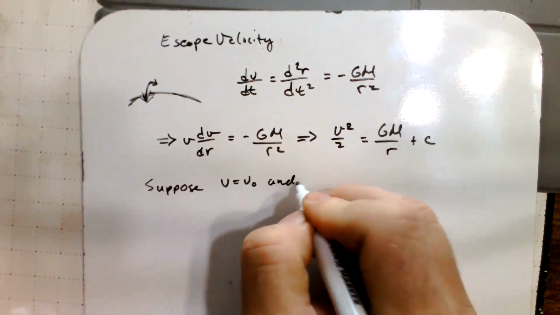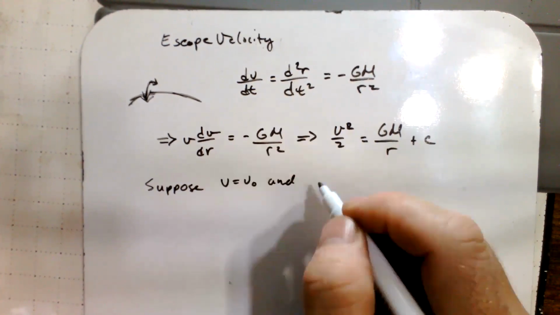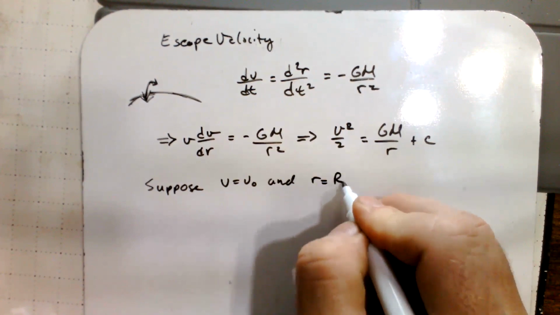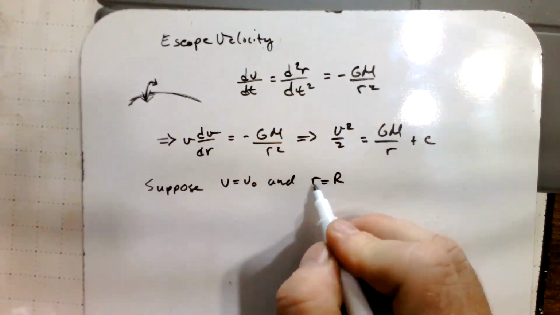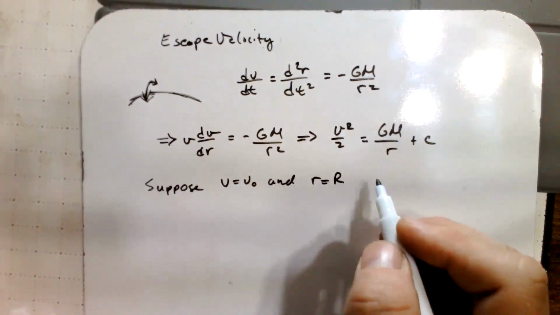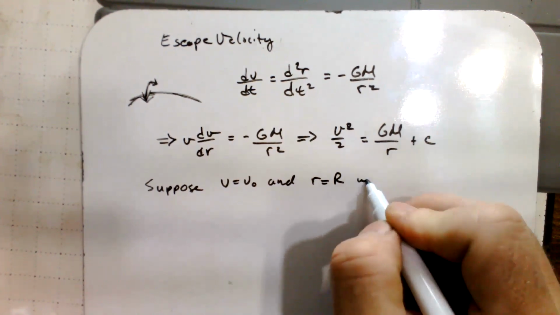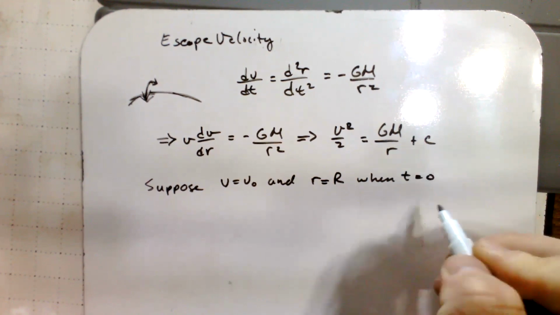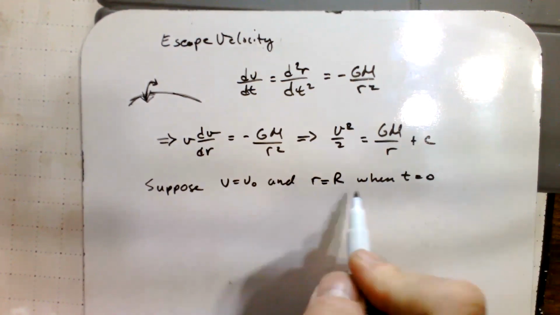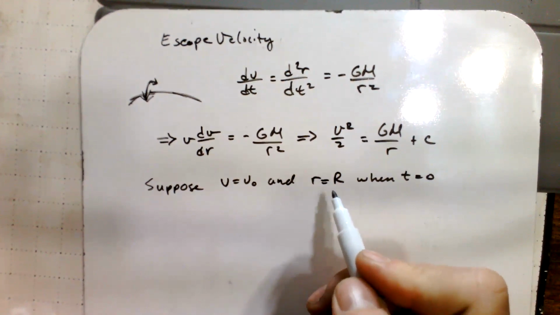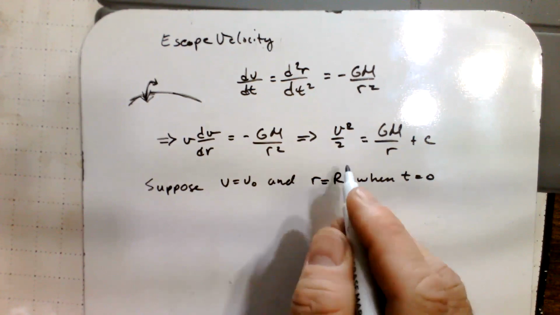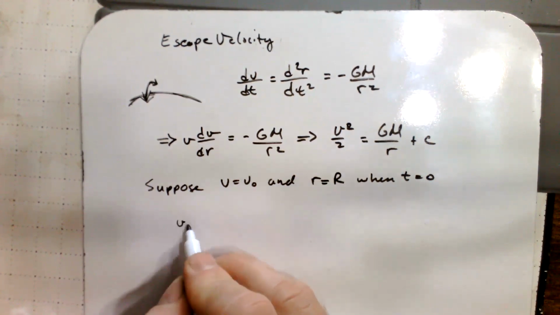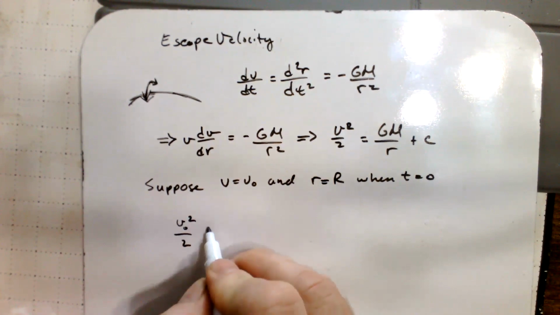For our intents and purposes, I don't have the picture anymore, but imagine that r is essentially we're firing from the surface of the Earth. So r and R, the radius, the capital R, is the same. Okay, when t equals 0, it's fired with an initial velocity, but its position is at r equals R. And so if we plug that in, we would have v naught squared over 2 is equal